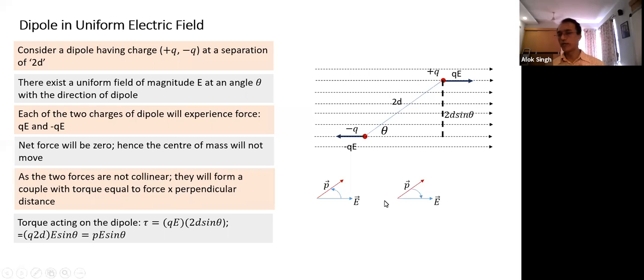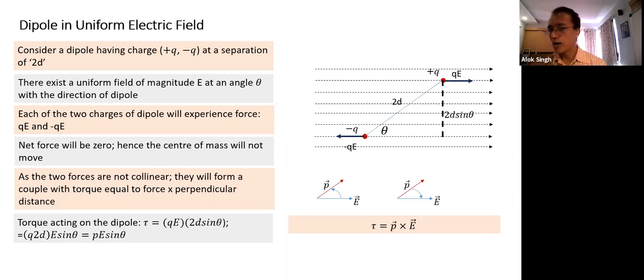What happens if we do P cross E? You understand the difference between the two? Again, we are going to the cross product. If we write P cross E, by the right hand thumb rule, the fingers should rotate from the first vector, which is P bar, to the second vector E bar. In that case, we find this particular pattern matches with the actual situation here. So which were the two? It is a cross product, but in which order? It is P cross E, not E cross P. So the torque acting on a dipole in a uniform electric field is P cross E.